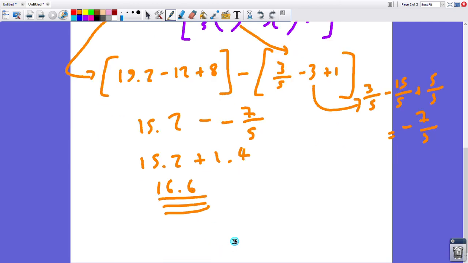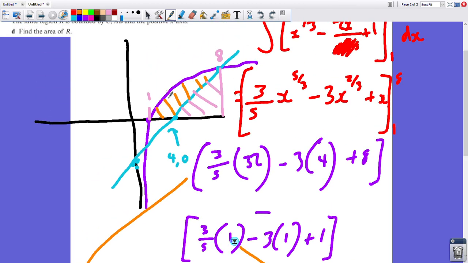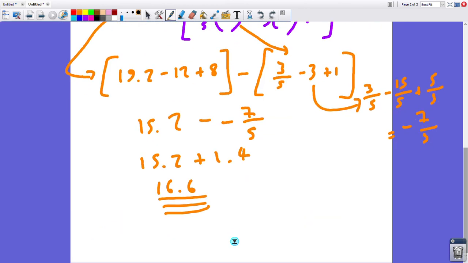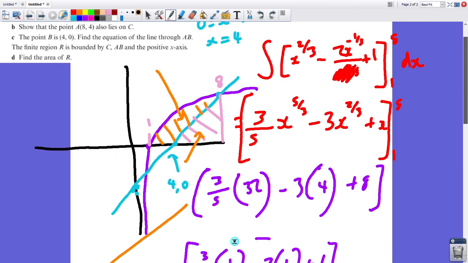Okay. So with 16.6, what we found there is the region underneath the curve between the x values of 8 and 1. So basically we found that region there. But we don't want that region. We only want this orange region here, which means we must take away the area of this triangle. Okay, let's just draw this triangle out here. And this won't be too difficult. So the x values on that triangle,